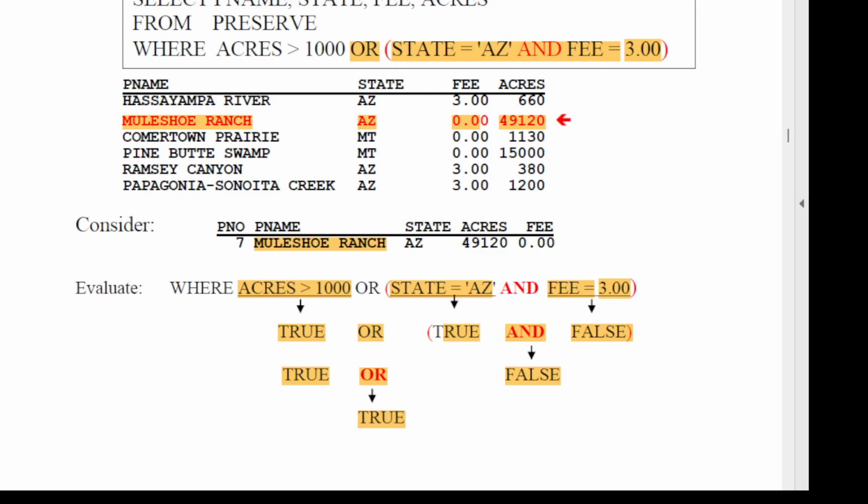Now, what I would invite you to do is to take any other row, pine, butte, swamp, and work through the same logic I've demonstrated here, and you will get true. Now, pick any row not shown in this result. That other row was rejected because if you do the same type of analysis, its final result will be false. And that happens on the next page. I bring to your attention again, briefly,